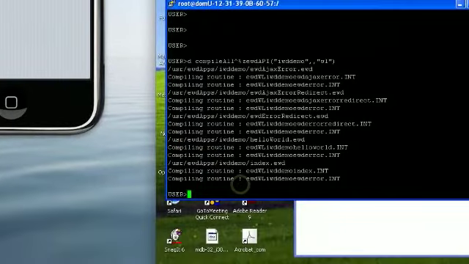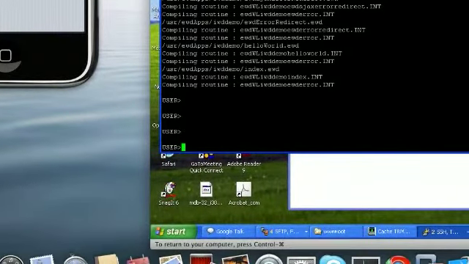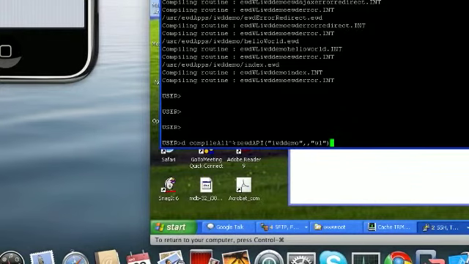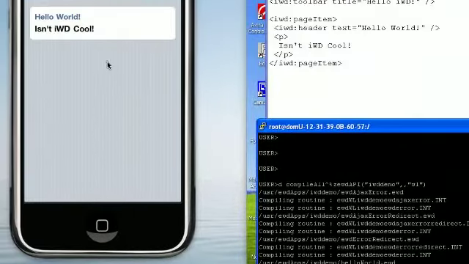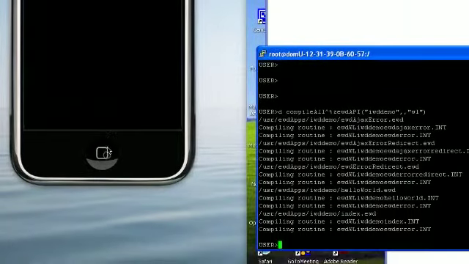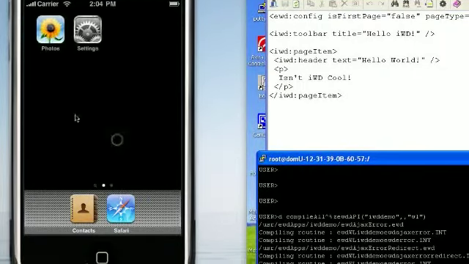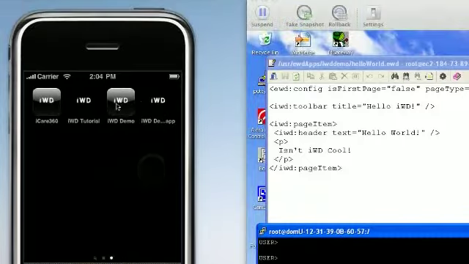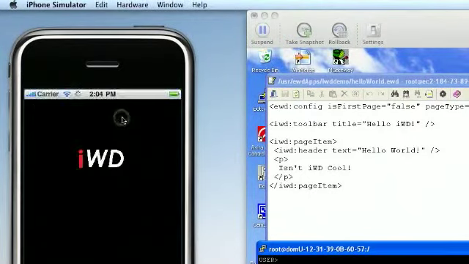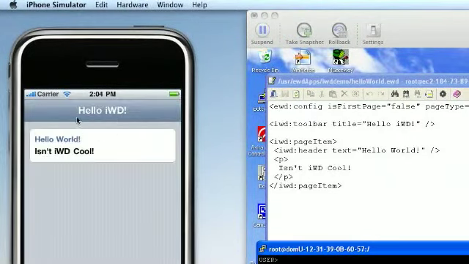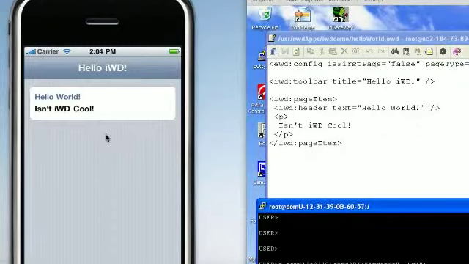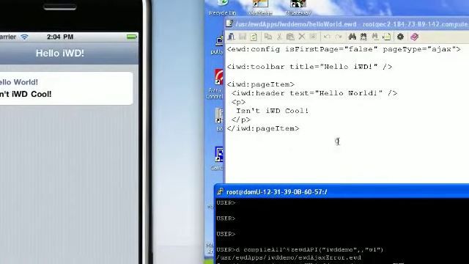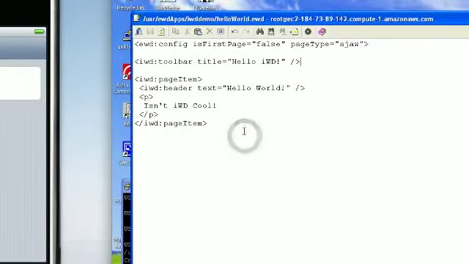Now we go over to Cache over here and recompile our iWD demo application. Now go over to the iPhone, restart from our icon here that we'd saved, and now it says Hello iWD. Now let's add a little footer here. iWD will give you a standard pre-formatted footer